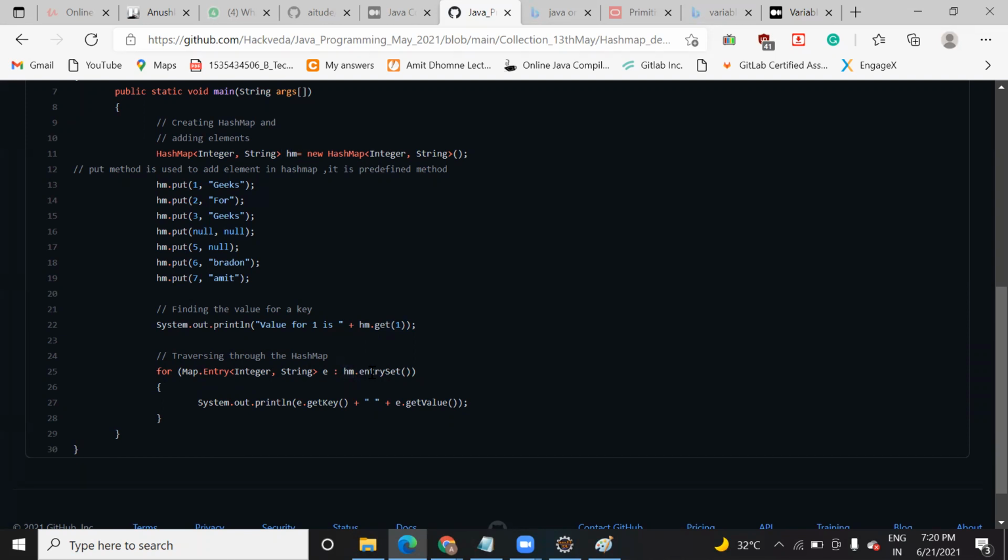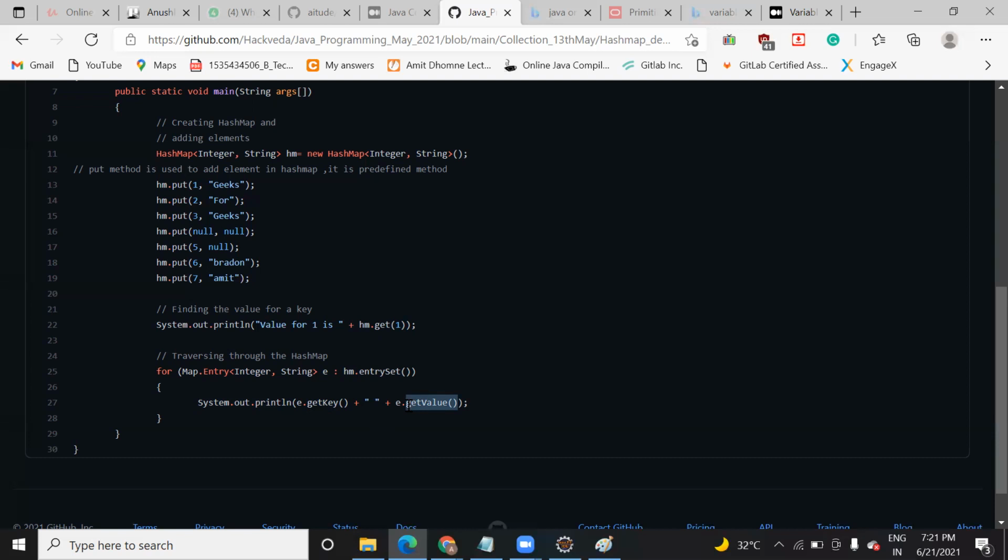So when we use this entrySet function with the name of your map, you can see the name of my hash map is hm. When you use this entrySet function and this Map.Entry, it is going to write down all the entries of this hash map into this temporary variable. And what is the temporary variable here? e, which is of map entry type. After that you can simply write e.getKey and e.getValue, which will tell you the key and value.